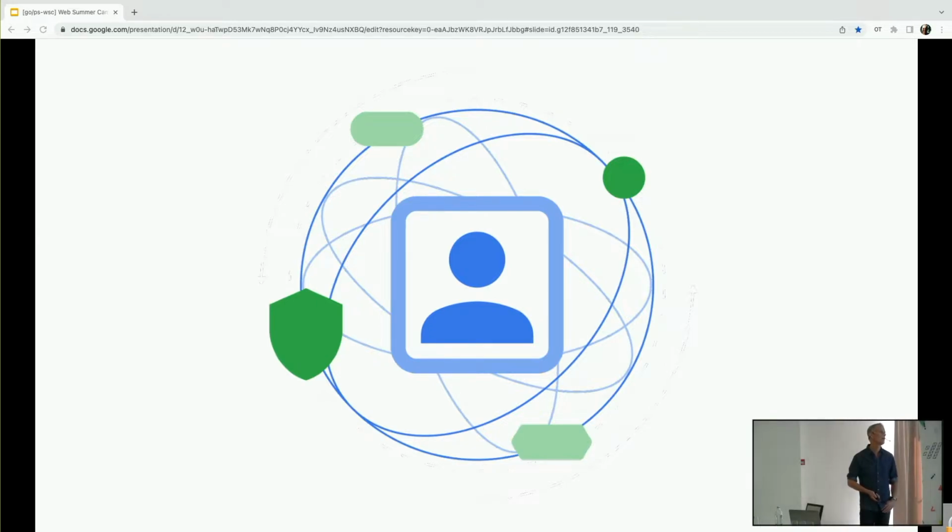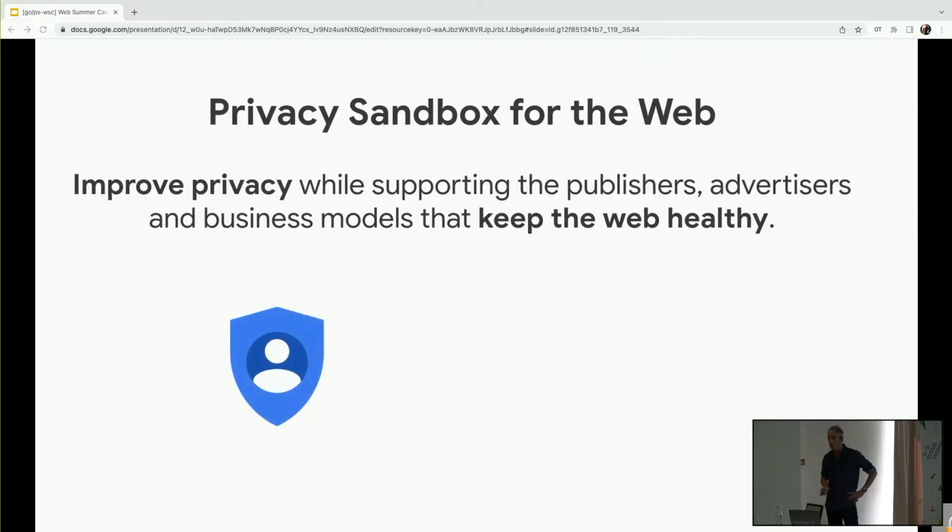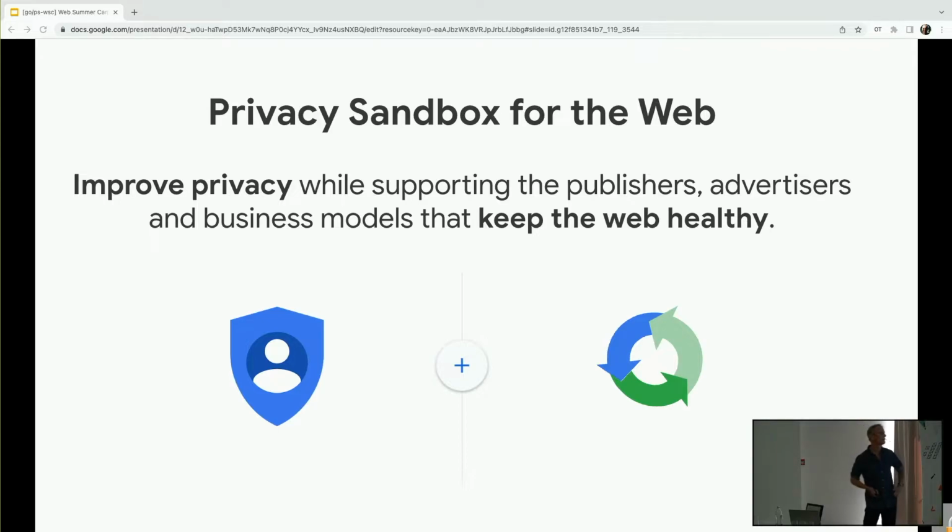So the web was not designed, like I say, for many of the requirements that are core to the way people use the web today: advertising, fraud detection, identity management, many other use cases. And we need purpose-built technologies for this kind of privacy-focused web. And that's where the Privacy Sandbox comes in. So Chrome's been working with the web community, industry stakeholders and regulators as well, to develop these new privacy-preserving technologies that can support this kind of healthy, sustainable ecosystem.